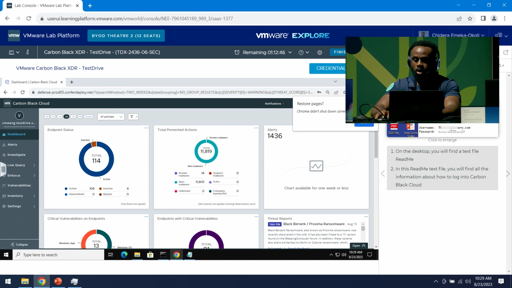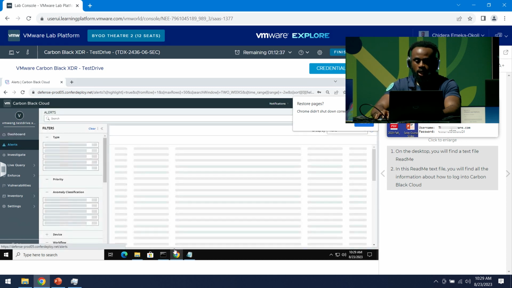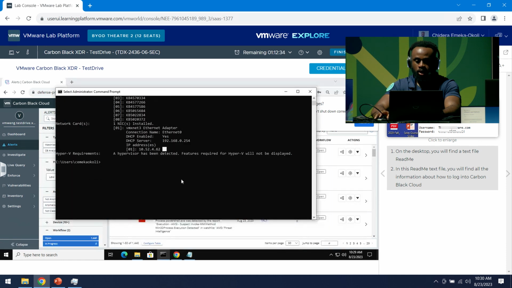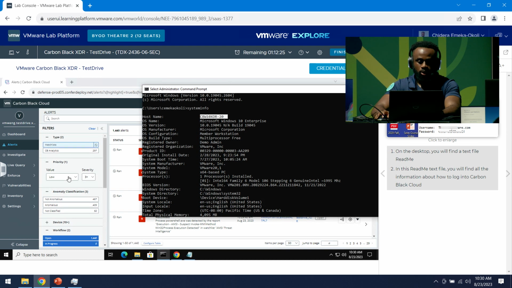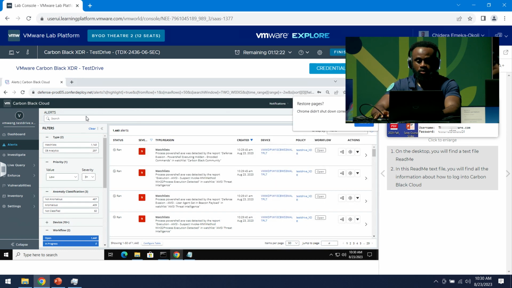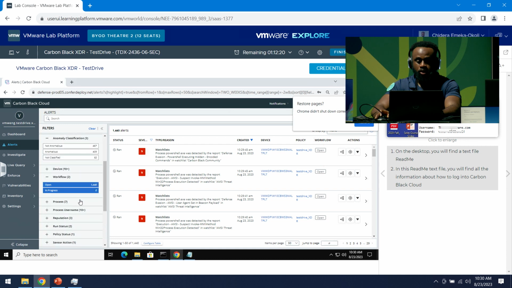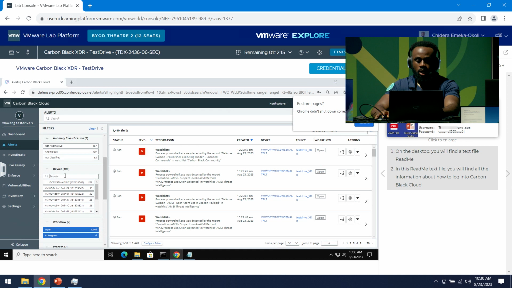So now I'm in the Carbon Black Cloud console, and you guys probably are at or past this phase already. And when you come in here under the alerts page, I am going to filter by my endpoints. Remember, I looked up my endpoint's information, the host name, earlier, and we saw it's CBW10XDR-20. And on the left-hand side of the alert screen, we do have abilities for you to filter by certain workflows. So if we select the devices here, and I try to filter by my own device,